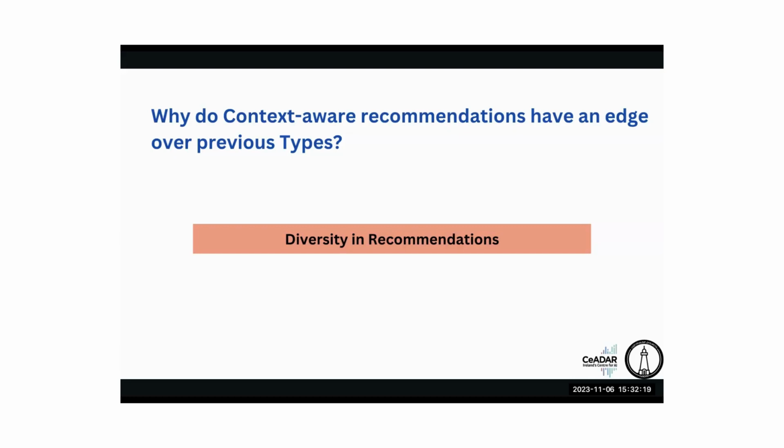It does not fit only one specific type of domain of recommendation. It can be applicable for different types of scenarios, such as e-commerce applications, smart home applications, IoT based applications, and health based applications. With these different domains of application, the context aware recommendation system can be useful, and it has an edge over our previous collaborative filtering, content based filtering and hybrid based filtering.